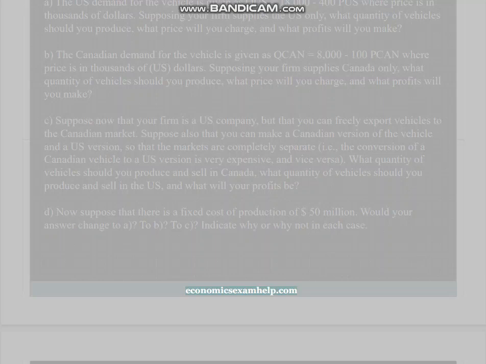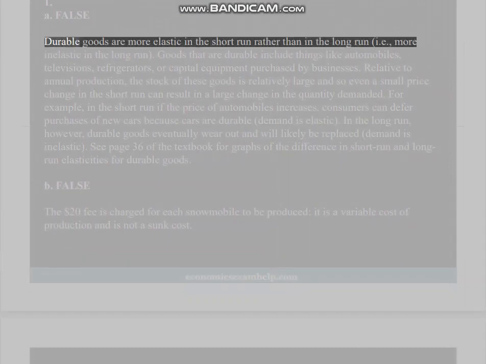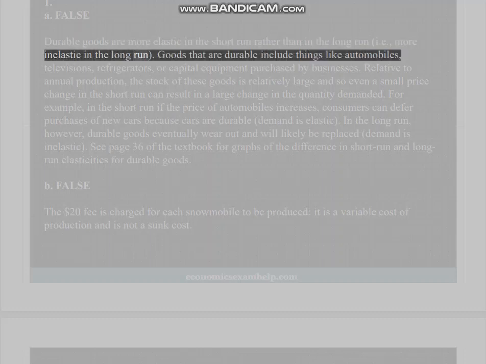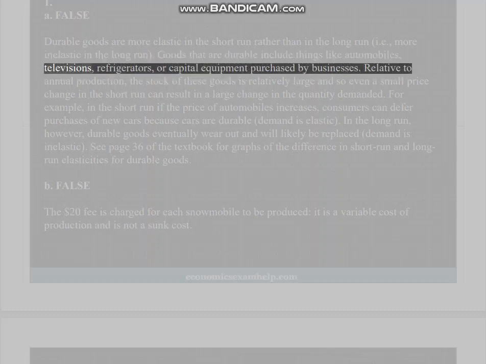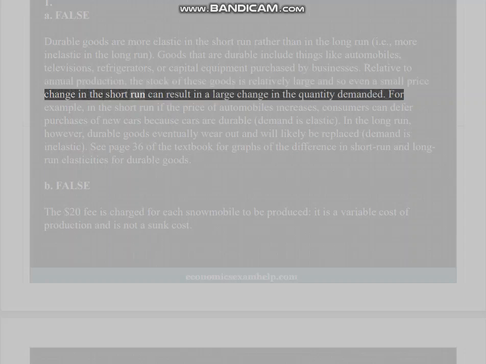Economicsexamhelp.com. 1. A. False. Durable goods are more elastic in the short run rather than in the long run, i.e., more inelastic in the long run. Goods that are durable include things like automobiles, televisions, refrigerators, or capital equipment purchased by businesses. Relative to annual production, the stock of these goods is relatively large, and so even a small price change in the short run can result